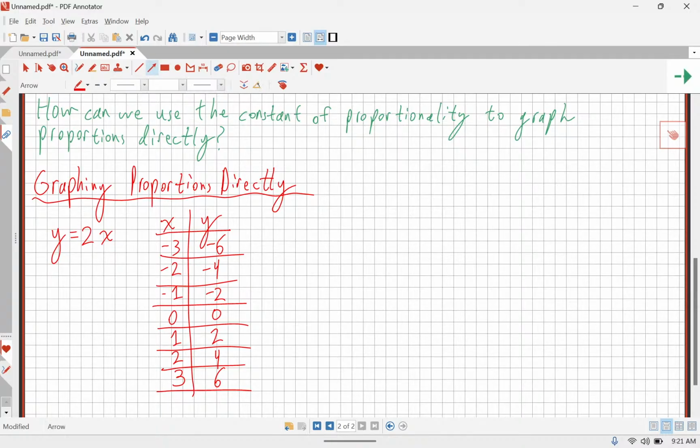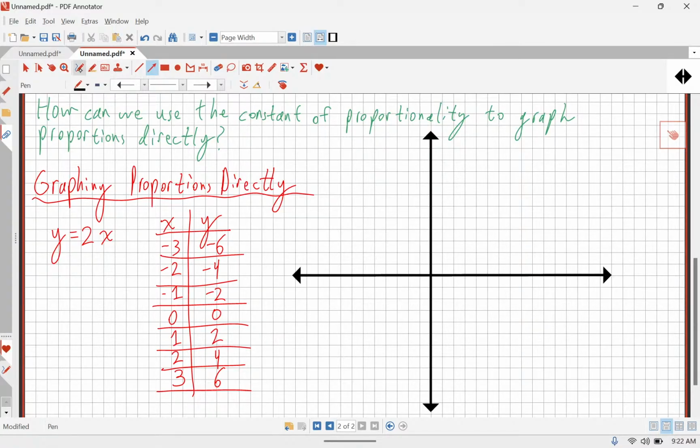Beautiful. Let's get this on a graph. Now, in the interest of time, guys, because these graphs can be annoying to make, I'm going to have you make one that's kind of large, but I'm going to try and make it the only one that we make today. Make a graph that goes 10 in every direction, please. That's 10 up, 10 left, 10 right, 10 down in all four quadrants.